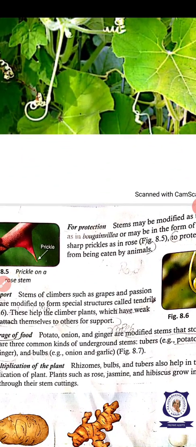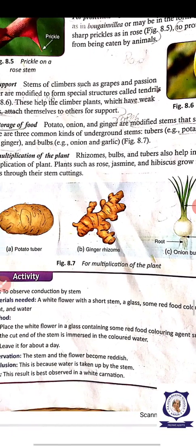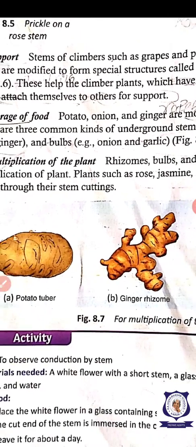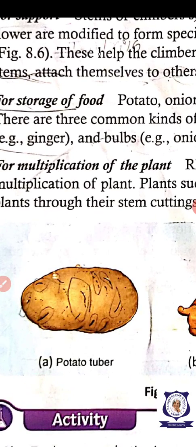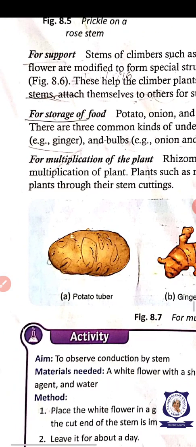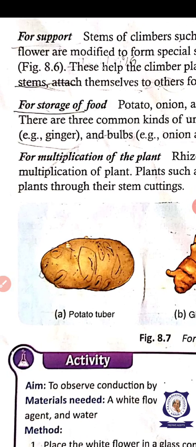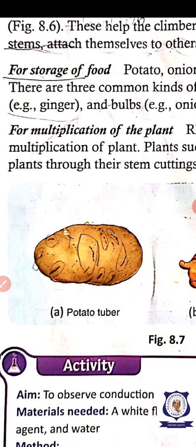Now another function of the stem is food storage. The central stem is doing food storage in which plants? In the sugarcane and banana plant, we are eating the stem itself, isn't it? And in some plants we are eating the stem itself, that are the potato, ginger and onion. You know, potato is not a fruit part, it is a stem part. It is the underground stem part of the plant.